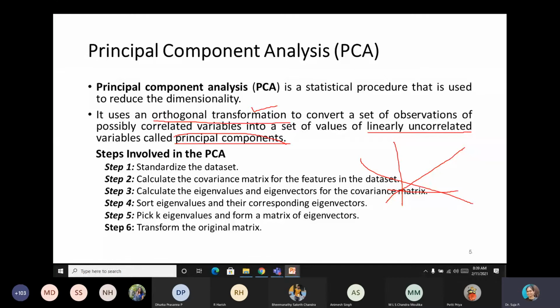So what is meant by this principal component? Say this is principal component 1. That means the eye features, if I plot the eye features, it can be like this. Say the eyebrow features, if I plot, it can be like this. Fine. Suppose I have one more feature, say the skin texture feature, that will be perpendicular to the other two. Okay. So we'll discuss the steps involved in the PCA.